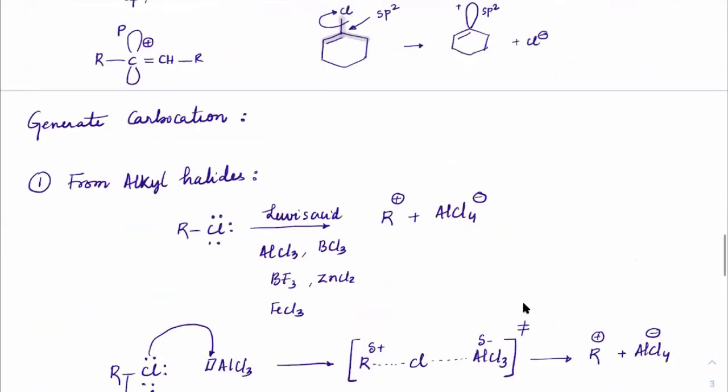See the third way of preparing. We have seen two ways so far, right? Two ways of generating carbocation. Another one, we prepare it from primary amines, from 1-degree amines. That is, if you take RNH2, this is a primary amine. On treating that with HNO2, nitrous acid. When you treat that with nitrous acid, got it?